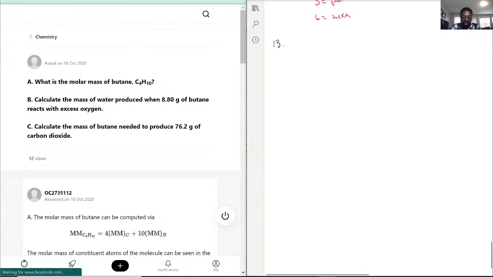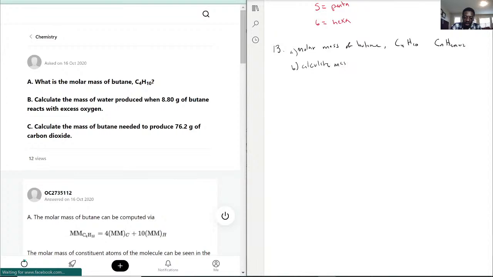Point being is that for question 13, we want to do several parts of it. They're asking for the molar mass of butane, which they do give to us, C4H10, which follows the formula of CnH2n plus 2. So that's the A. B, calculate the mass of water produced when 8.80 grams of butane reacts with